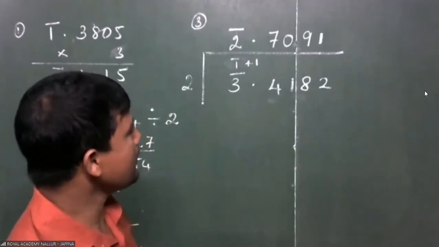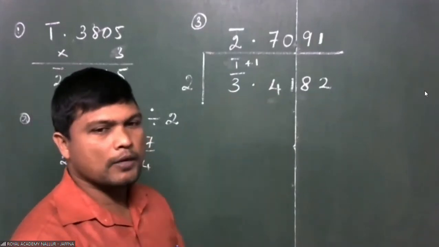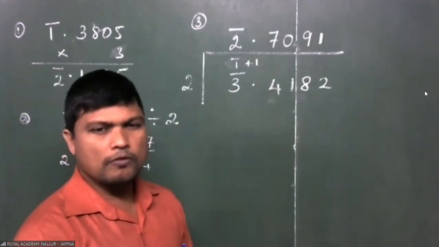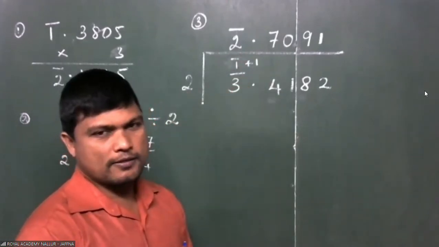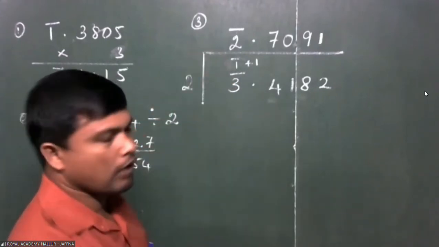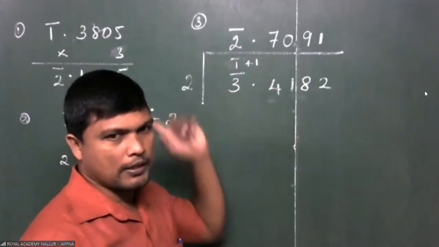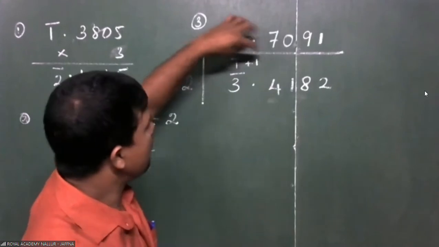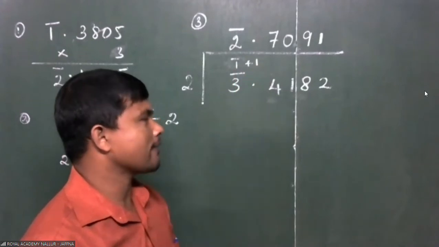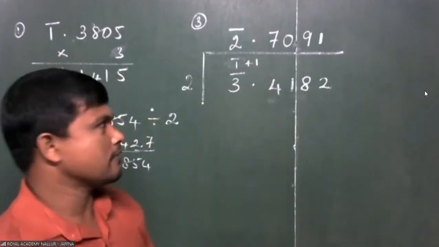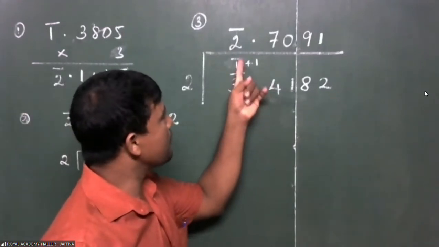Again, I'm telling, earlier we have bar 3, but bar 3 is not the exact multiple of this divisor 2. So we make this value a perfect multiple of the divisor 2. For that we have to give bar 1. So finally it becomes bar 3 plus bar 1, bar 4. Now that is a multiple. While giving bar 1, we use plus 1 also to balance it. So plus 1 minus 1 cancels. Finally, we didn't make any change, but for the betterment of this simplification, we use that.